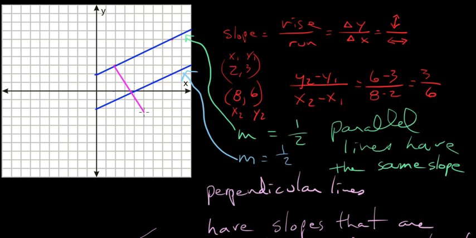Let's see if I can make this work here. Notice this line wiggled a little bit right at the end, but I think you get the idea. These lines appear to be perpendicular to one another, don't they? If I start here, I go down 2, minus 2, and